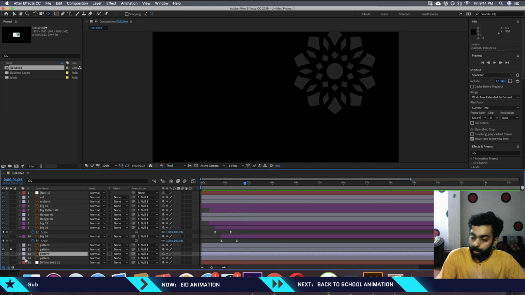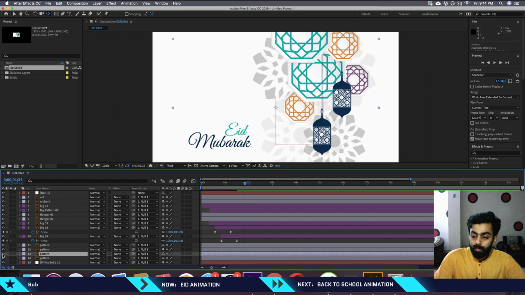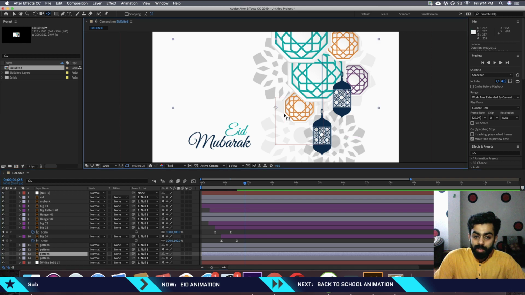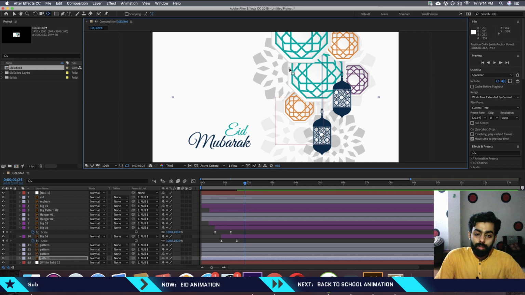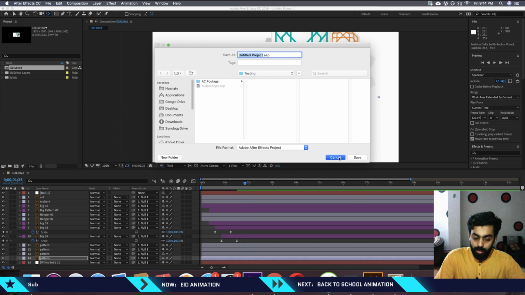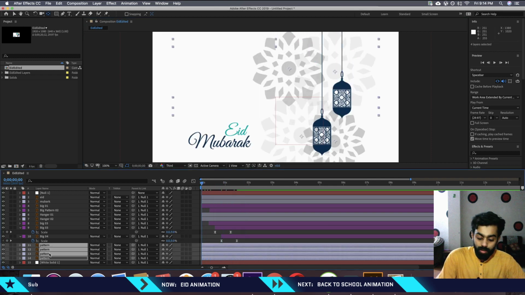For this pattern, change the anchor point to, where is that button? Okay, change the anchor point to around here, and for this pattern change the anchor point position to around here. Now we are done. Let's move this anchor point to the first position, select all these layers, press R